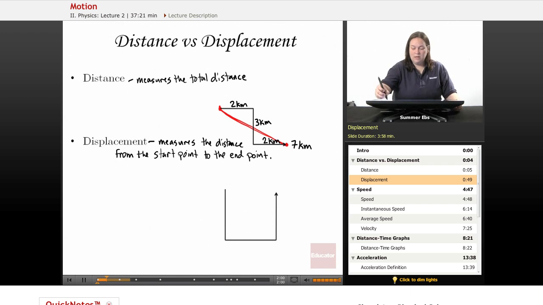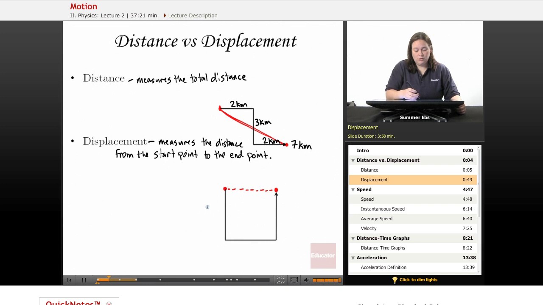Let's take a look at the walk below. If this is our start point, and this is the end point, let's say they're directly across from one another. So the displacement's going to be just this distance across. Okay, but we don't know that distance yet. Let's take a look. In this case, we'll do a quick little trip